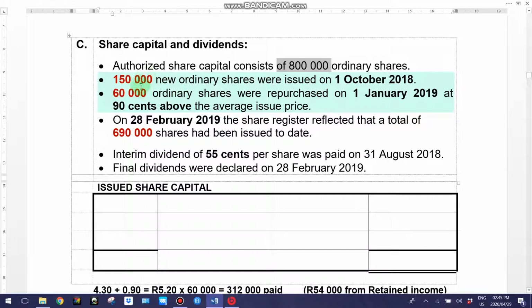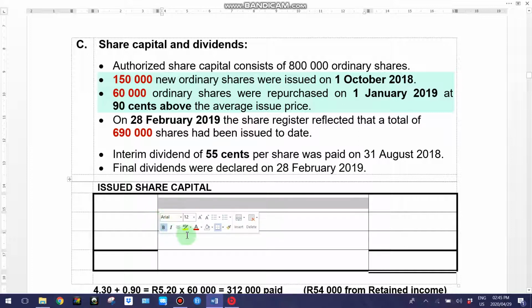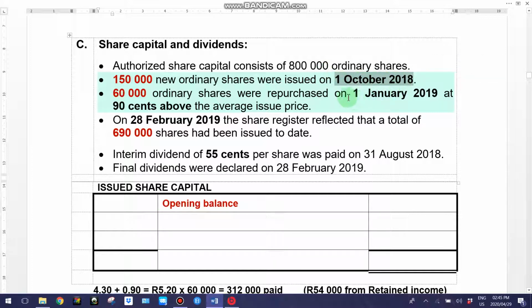So I'm going to look at the information given. They tell me that 1,500 new shares were issued on the 1st of October. And I know I'll just leave the first line as my opening balance here. I'll leave that as my opening balance. And then I first issued shares, and then I bought